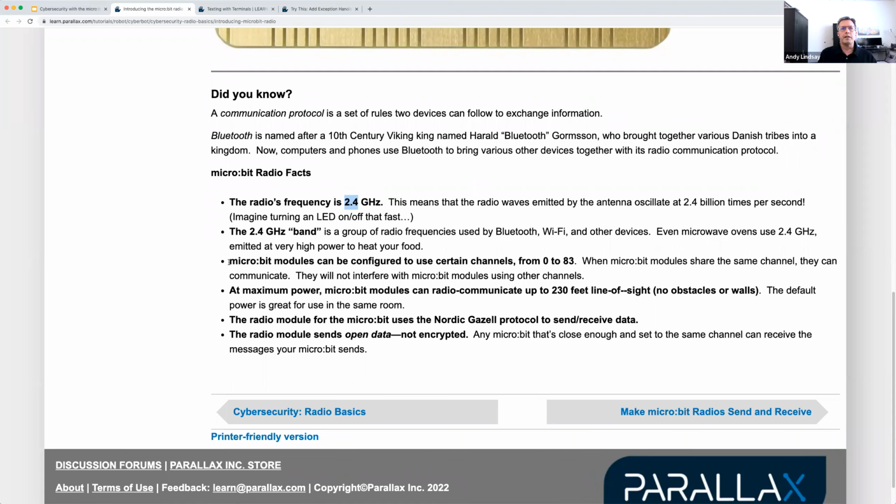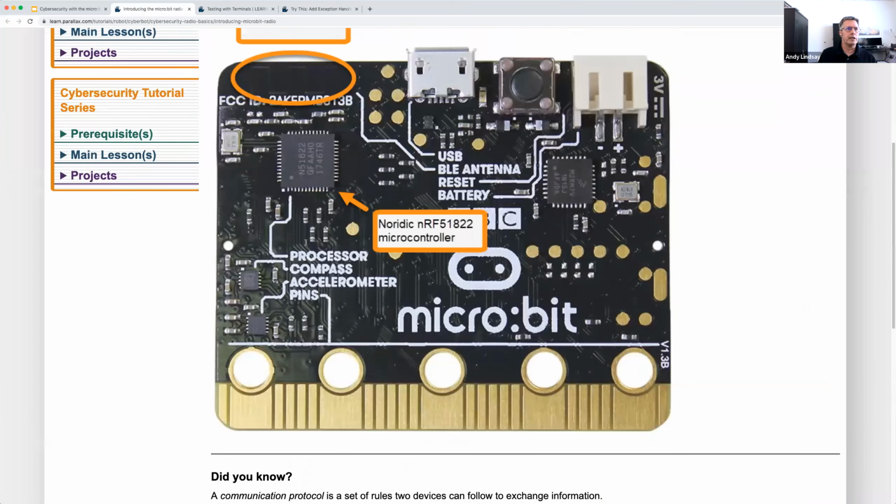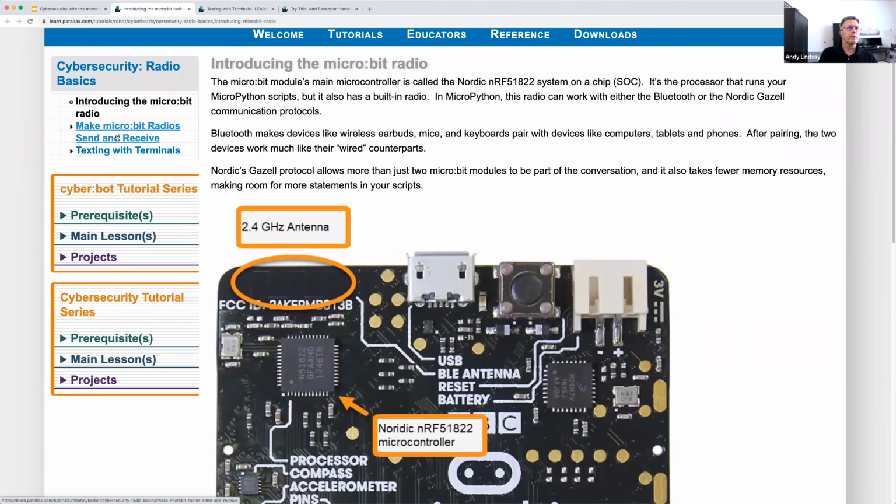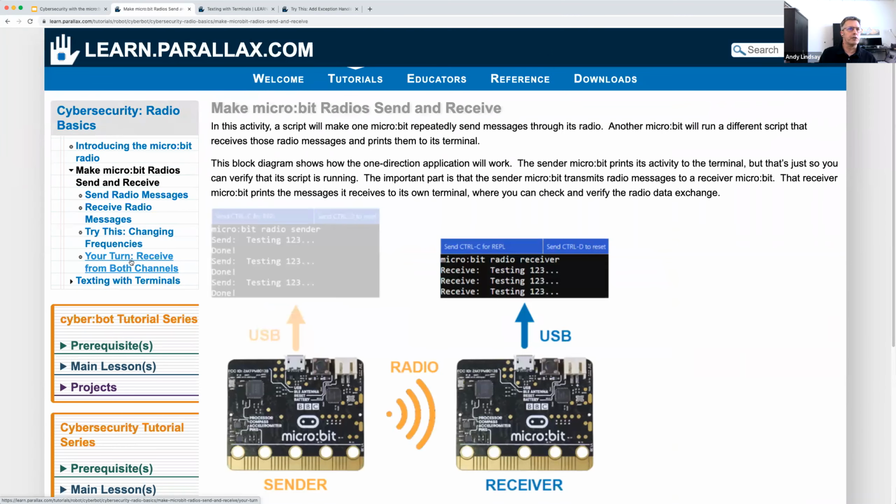Then for the Gazelle protocol, if we're using the microbit to communicate like we did using the chat application, where we typed in the terminal of one microbit, it sent that data over radio to the other microbit. Then the other microbit, I probably should switch to a, I'm going to come back here and just switch to a